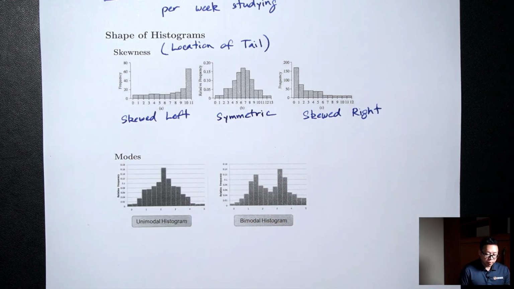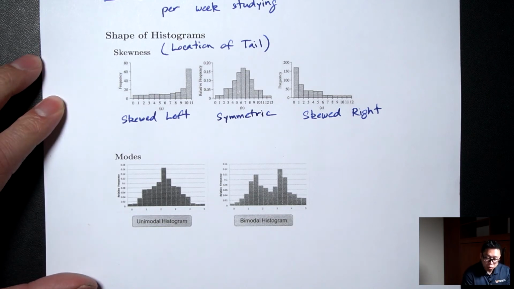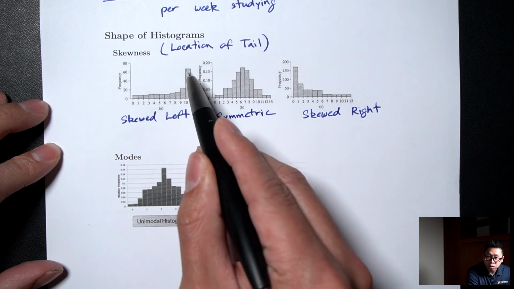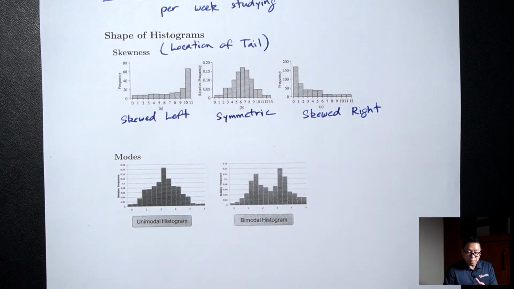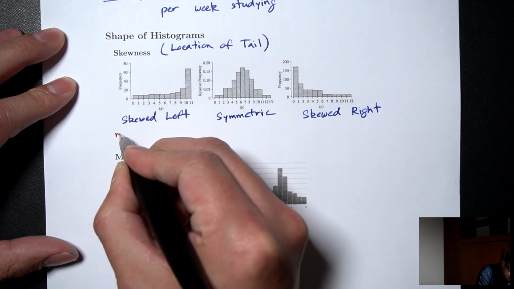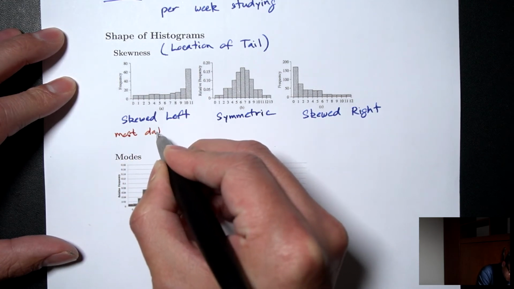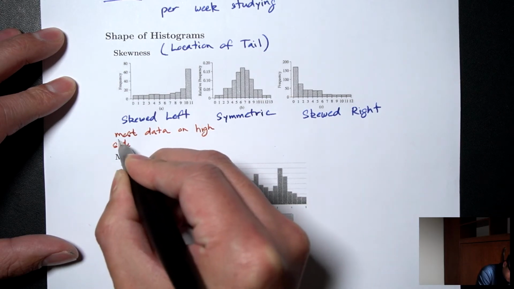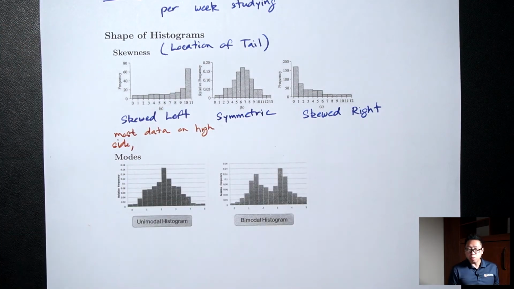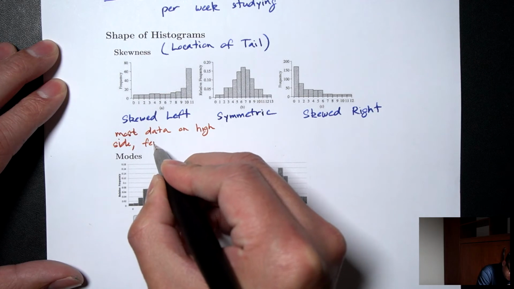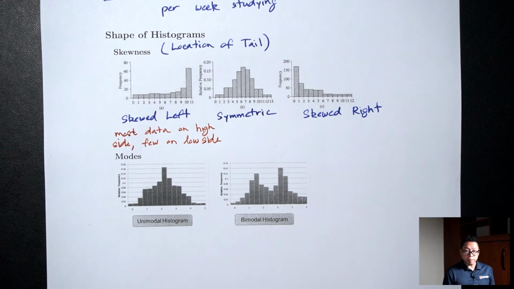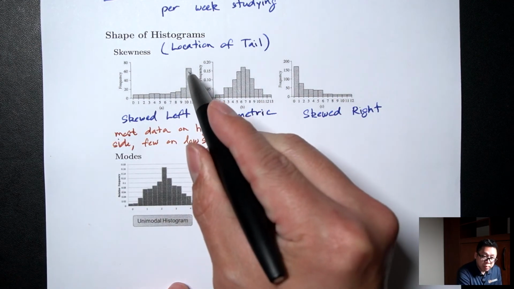Skewed left. So most of the data is where? Right? The heights of the bars are telling you how many of the data you have. So I have a high bar on the right side. So most of the data is high. And then you have a few that are on the low side. That's skewed left. Okay? Most of the data is on the high side, and then you have a few data